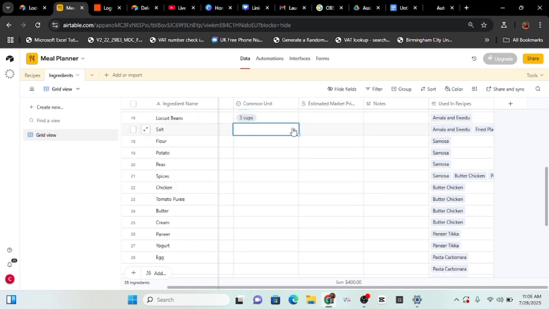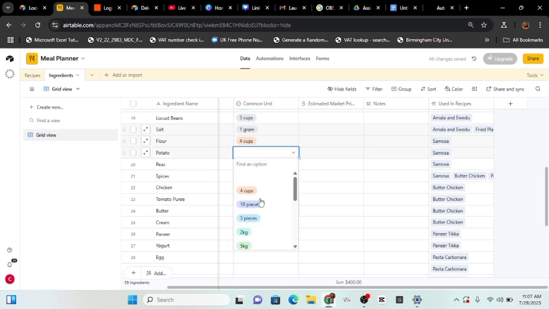Salt, a pinch. Salt is supposed to be a pinch. Let's do 1 gram. I thought I wrote 1 gram. Salt, 1 gram. Add flour. Let's do 4 cups. Potato, let's do 10 pieces. Peas, let's do